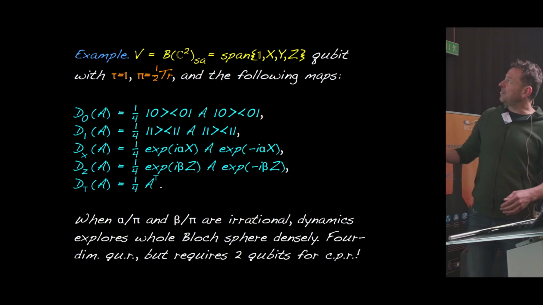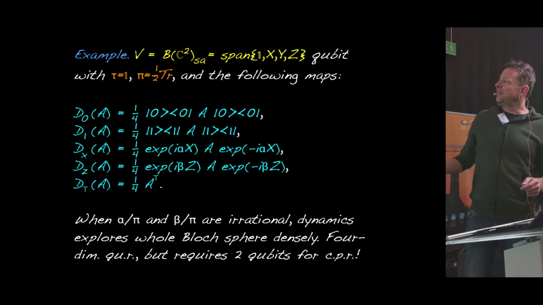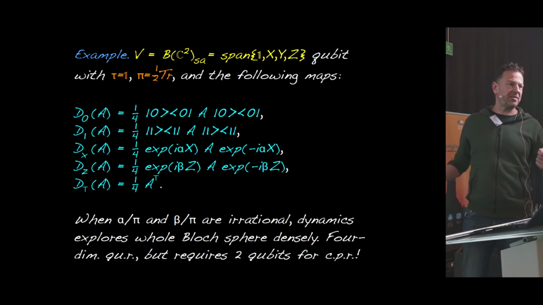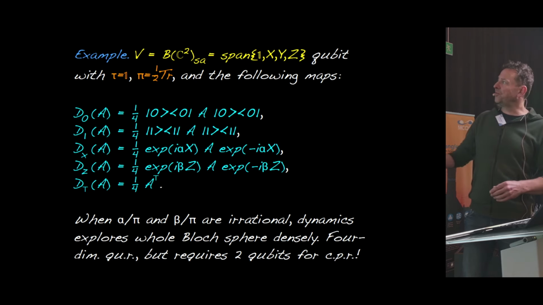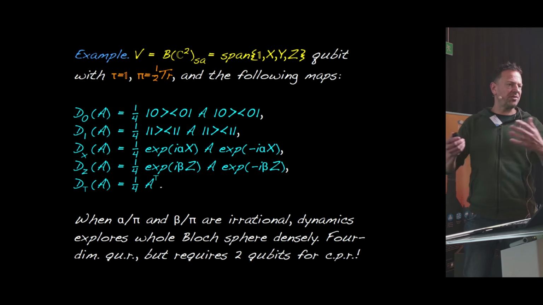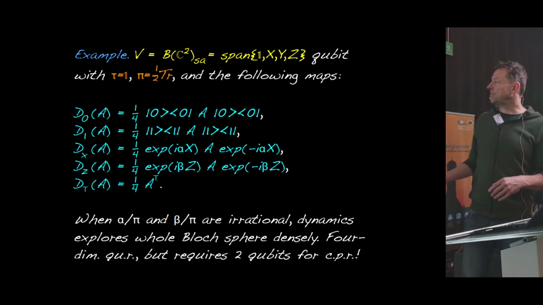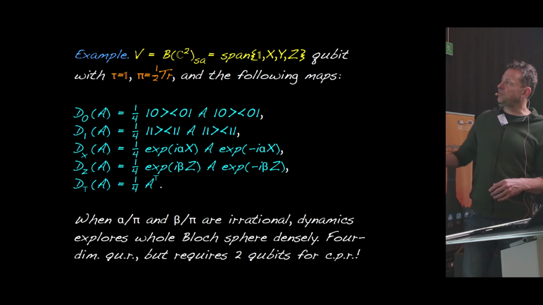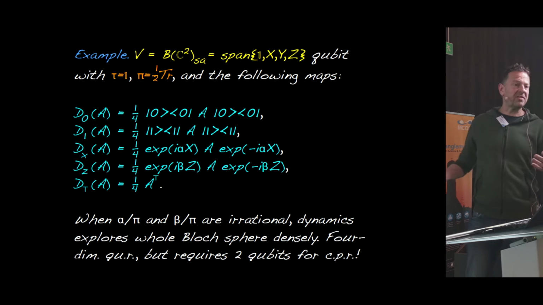And so this comes from the paper with Alex Monraz. When alpha and beta are commensurate with pi, then by iterating these rotations, you get arbitrary angle rotations around the x and the z axis. And so by composing those, you get arbitrarily close to unitaries, I mean, you approximate the whole SU(2). And so you can actually realize the resulting process, which has 1, 2, 3, 4, 5 symbols. So the alphabet is 5, with a 4-dimensional